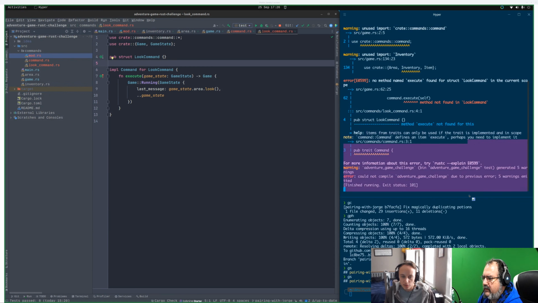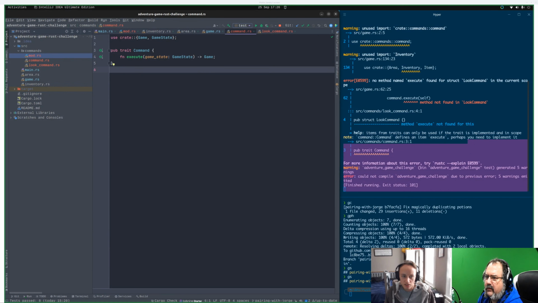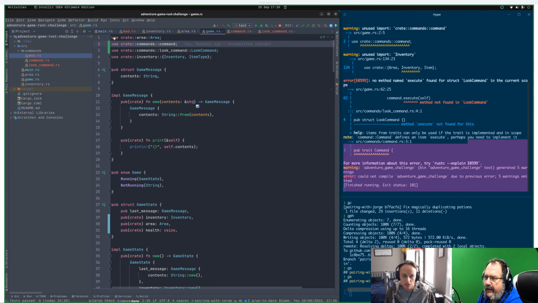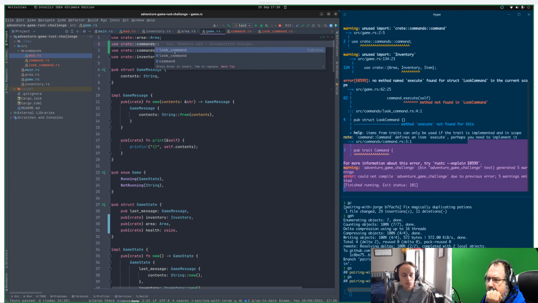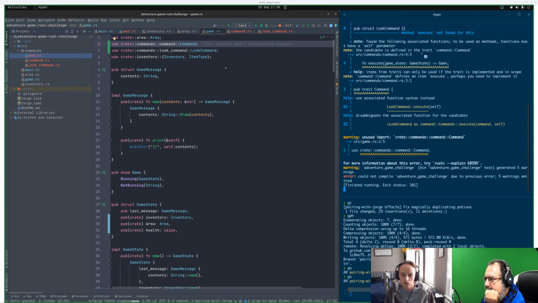So I think we need to actually pull the command trait into scope within game. Yeah, that's in order for that to work. So over here, command and then command, yeah. And here we go. I think that's the last bit we're missing, actually calling the trait, not just a module.